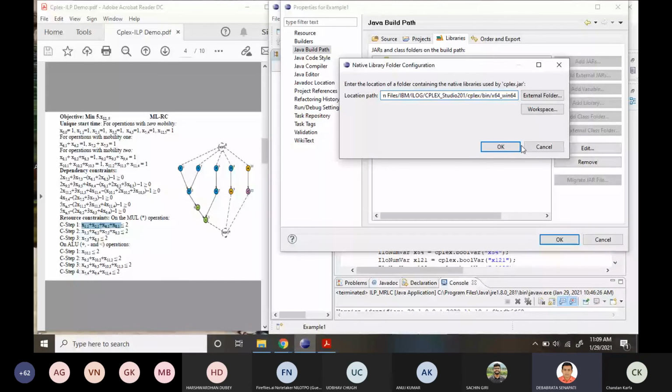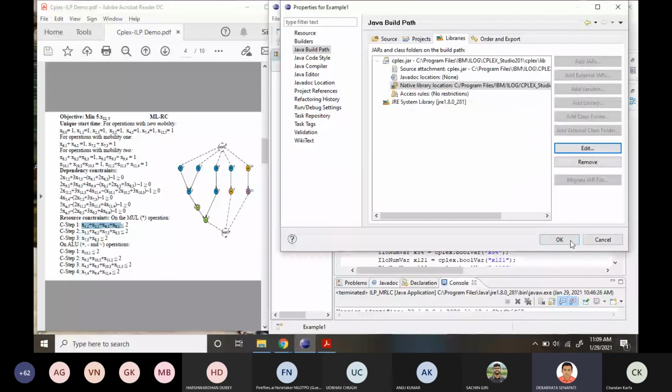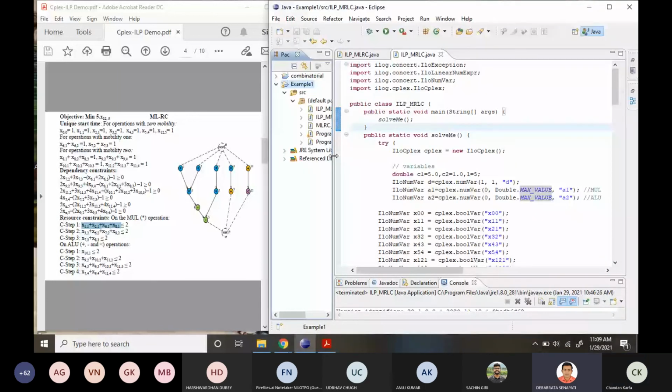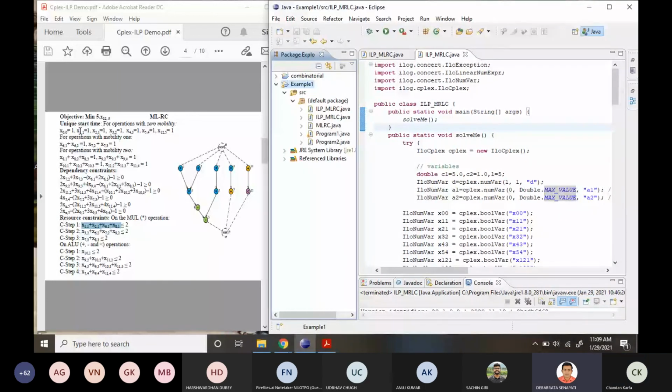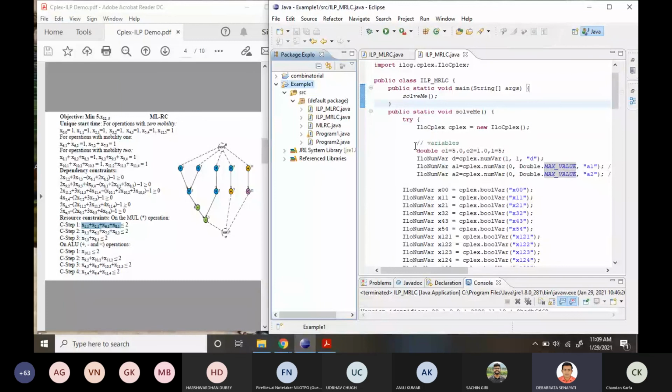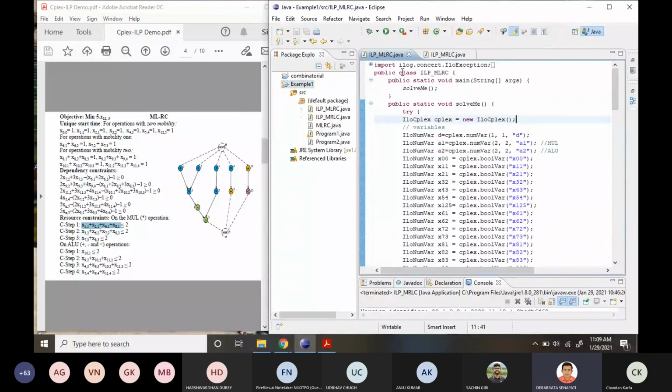After doing this much setting, you can come to write the program, where you have to define or set all the variables, the dependency constraints, and the objective function. So let's see here, I am defining it. For the MLRC program, we are defining first d equal to